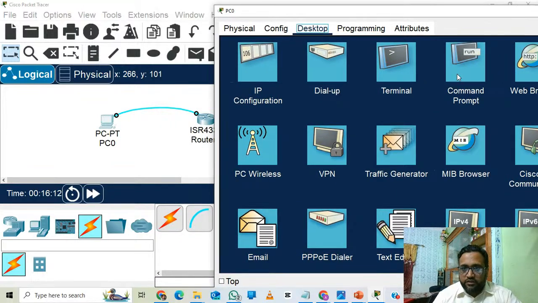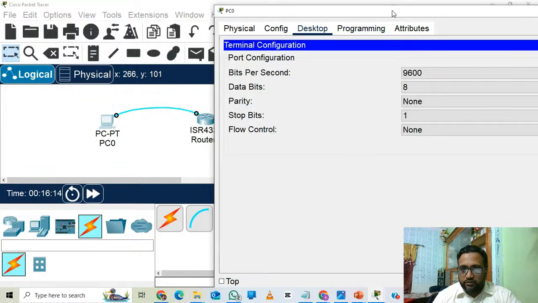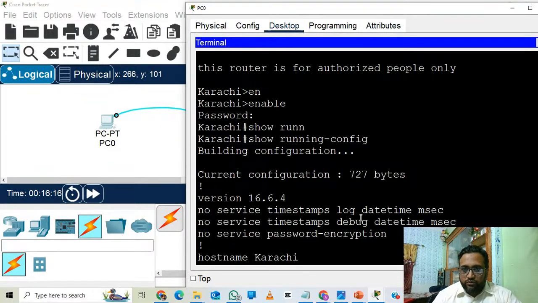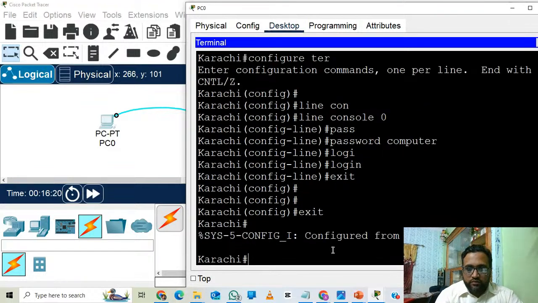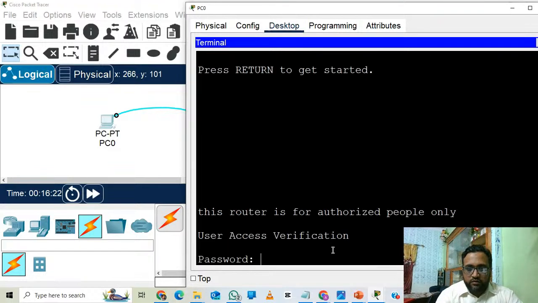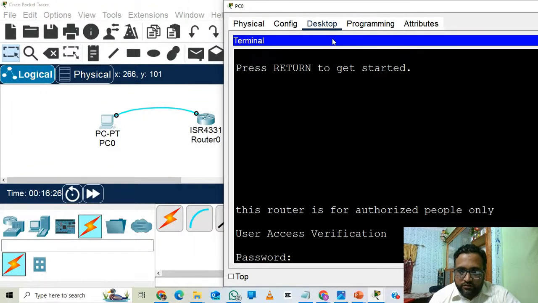Let's see if it is asking for the password or not. So here you can see that it is asking for the password, user access verification. Straight away it is asking for the password. Here I will type the password as